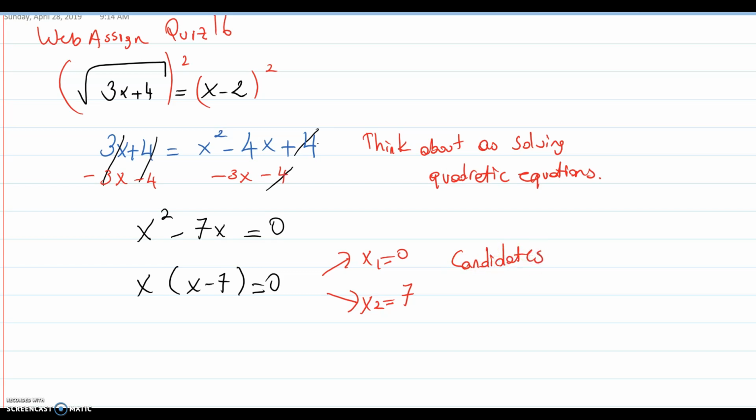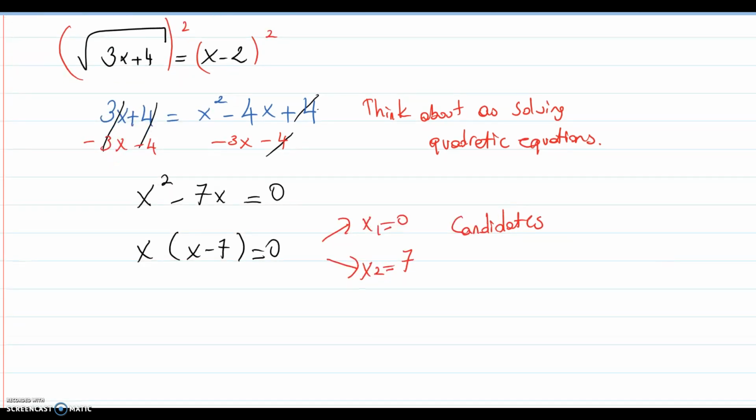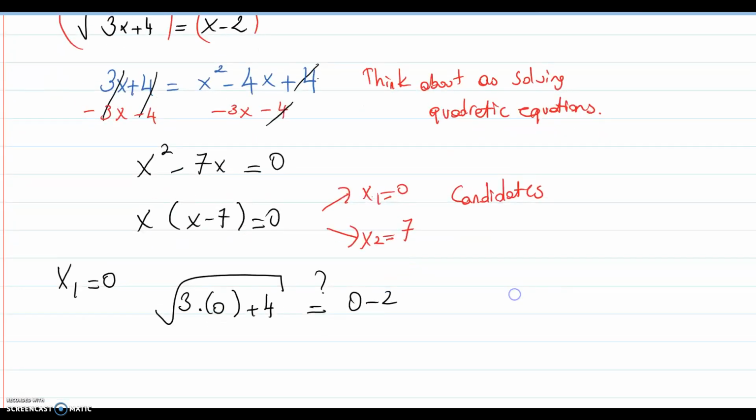Not necessarily both of them satisfy the equation, so we check, for example, x1 equals 0. Let's see what's going to happen. 3 times 0 plus 4, is it equal to 0 minus 2? So that is square root of 4. Is it equal to negative 2? No,